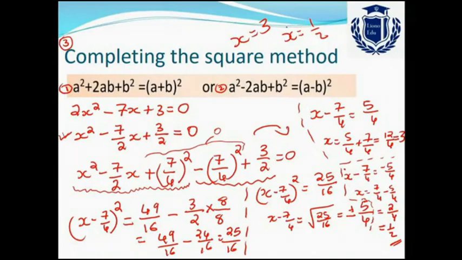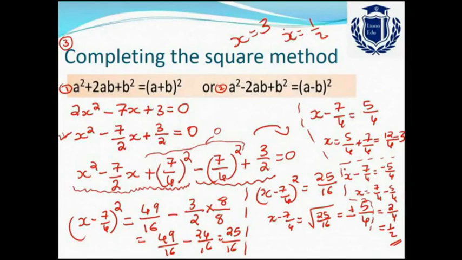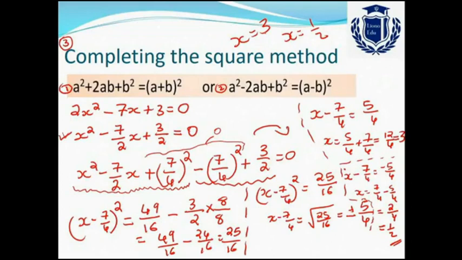So what have you done? In this completing the square method, you will have to use any of the given identities, that is (a minus b) whole square is equal to a square minus 2ab plus b square, or (a plus b) the whole square is equal to a square plus 2ab plus b square. Now look at the given equation. First of all, you have to see whether the coefficient of x square is 1 or not. If it is not 1, then you have to make it 1. And you have seen how to make it 1, right?